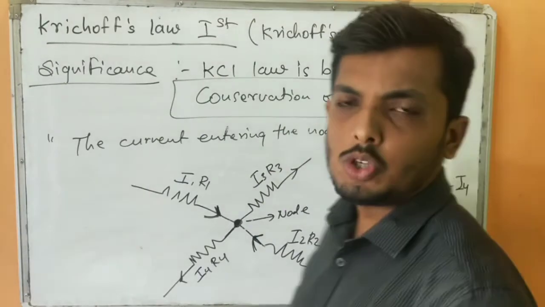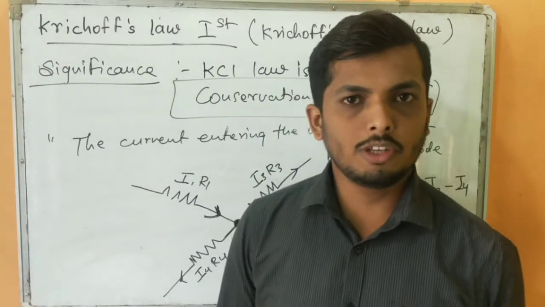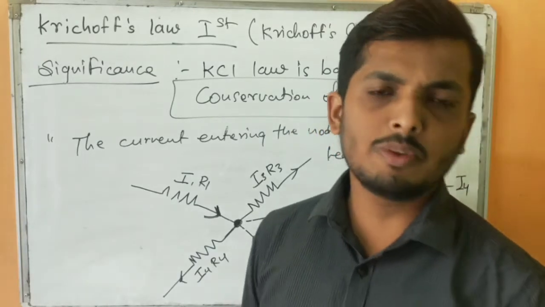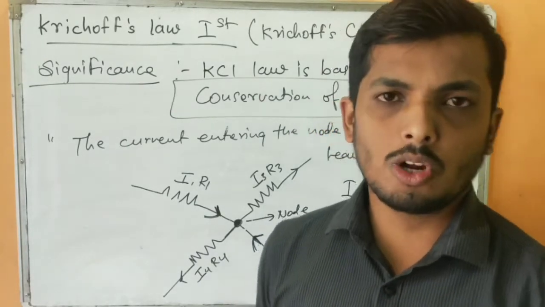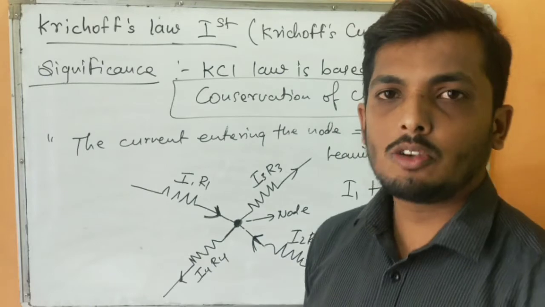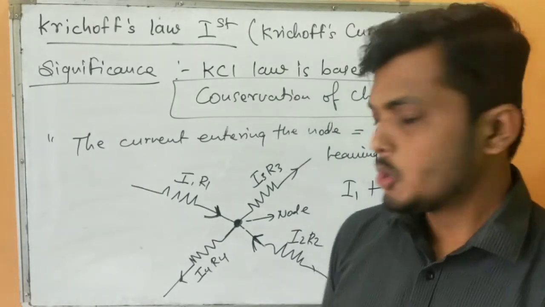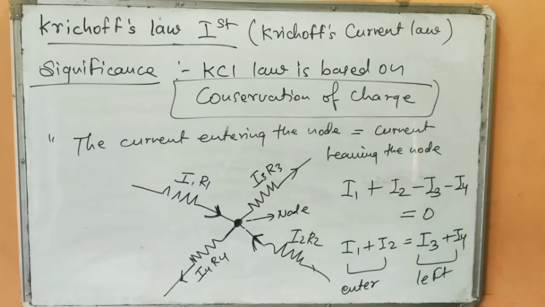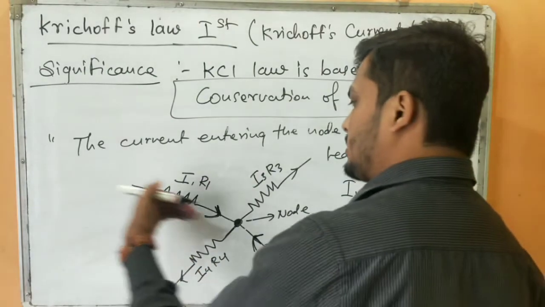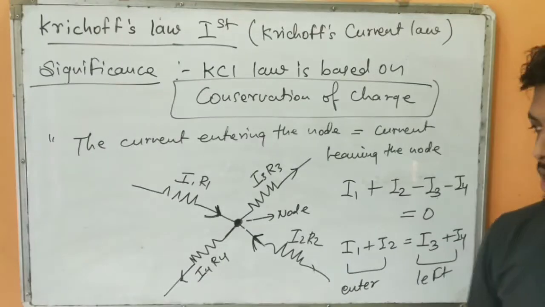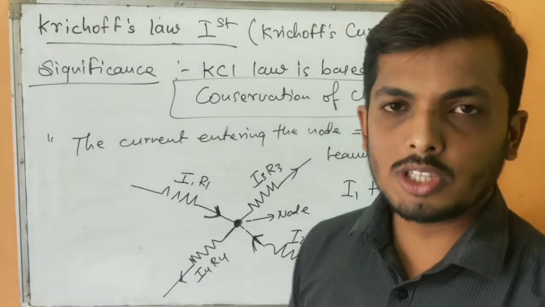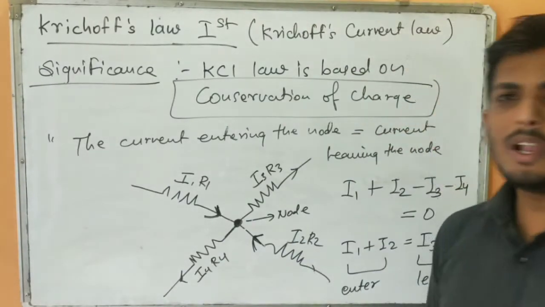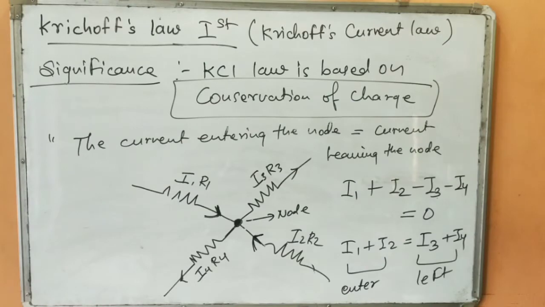In the first topic itself, we studied the properties of charges. That charge is conserved. What does it mean? You can neither create charge nor destroy charge. The net charge of a system will always be conserved. So from this also, Kirchhoff's law holds good for the law of conservation of charge. Why? Because some charges are entering and some charges are leaving. Here no charge is created and no charge is destroyed. So Kirchhoff's current law is straightforward.